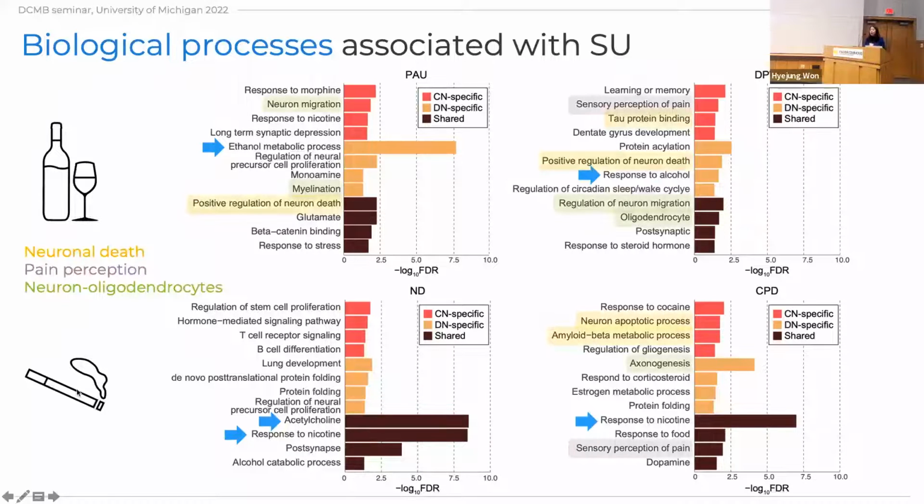However, we found other interesting pathways involved in these 4 traits, and those include neuronal death or apoptotic pathways that,